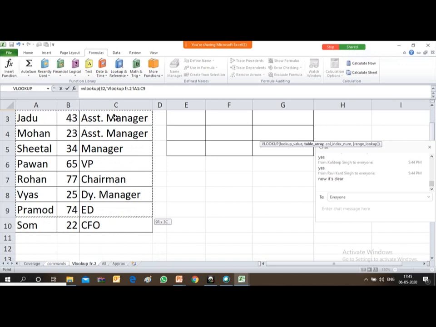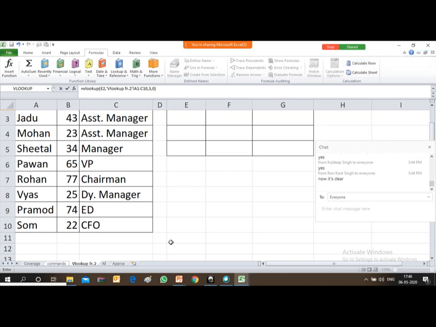the entire table, and at the end of the selection you will find that the column number is automatically appearing. So you'll have to keep in mind what column number is appearing over there. Just mention the column number from which designation will be picked up. So put comma over here and then put the number of the column, that is 3, and the logic is exact match. For exact match, I will have to type 0 and then close the bracket.